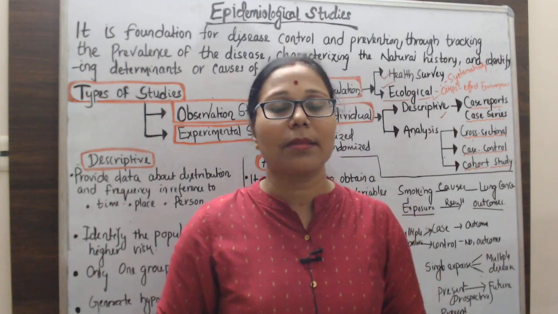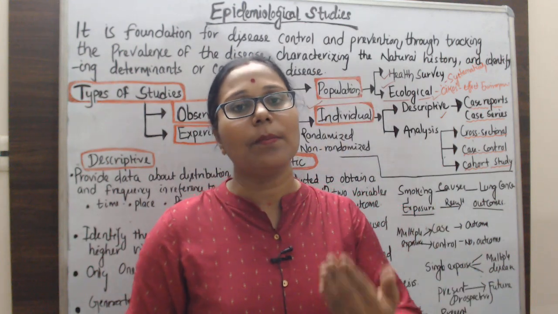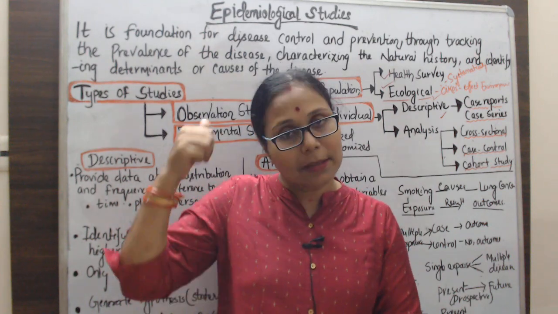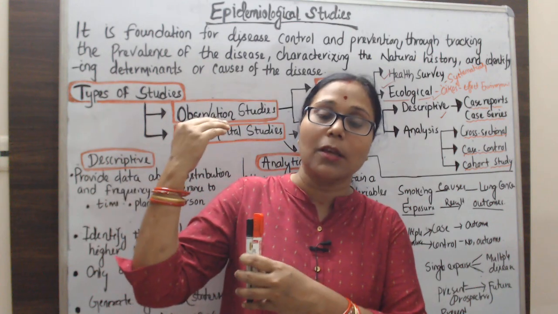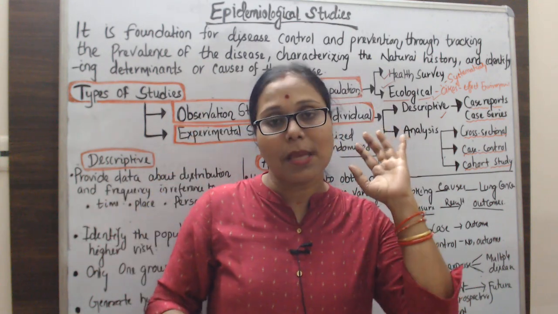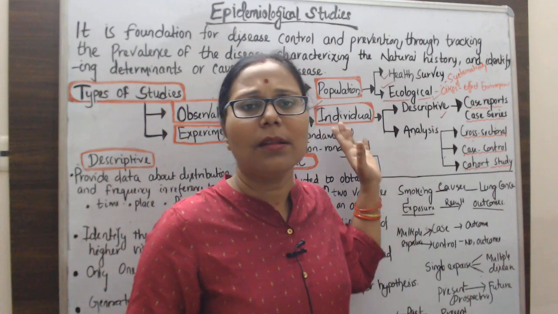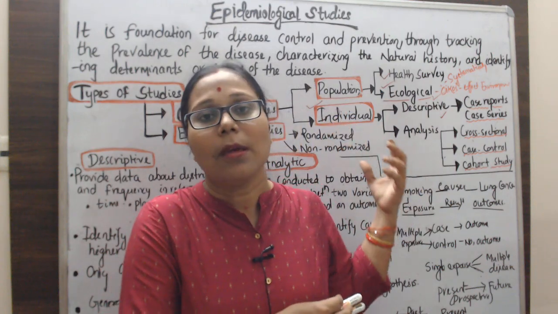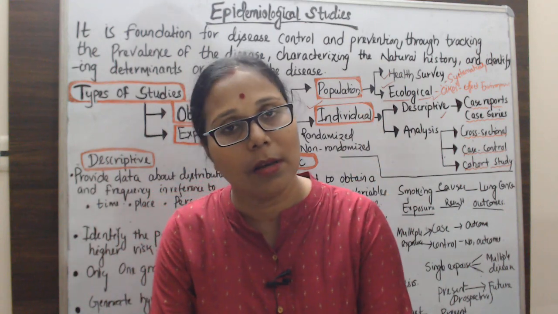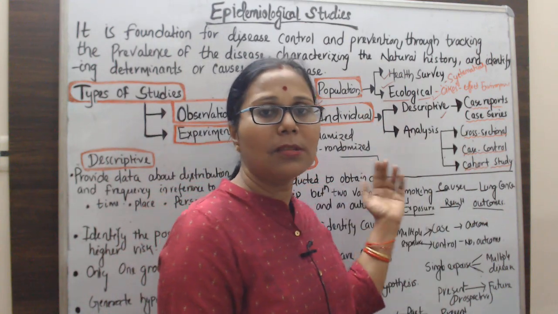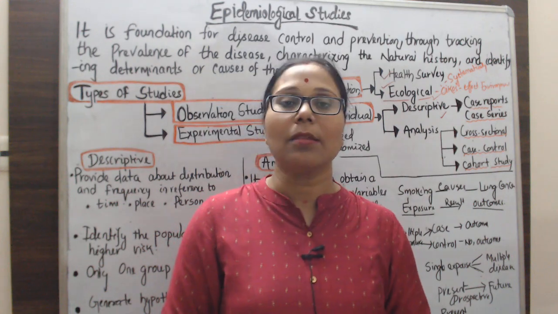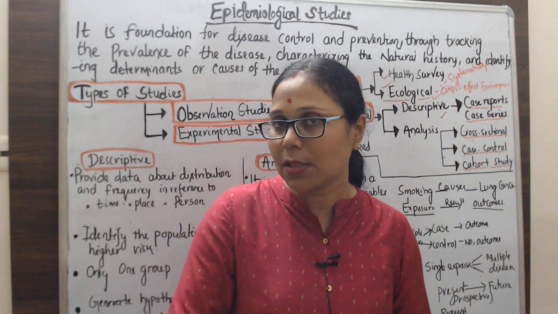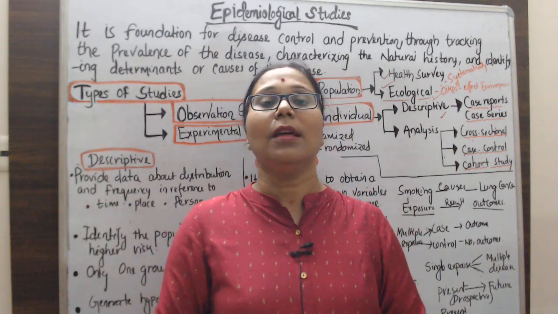Another study is the retrospective, that is the backward. Here we are in the present, but we go back to the historical, to the past time. In past time, whatever the risk factor, whatever the exposure that the individuals faced, and now he has fallen ill with lung cancer. So it is a study from the past to the present. That is called the retrospective. So these are the two ways of cohort study: one is the prospective and another is the retrospective.